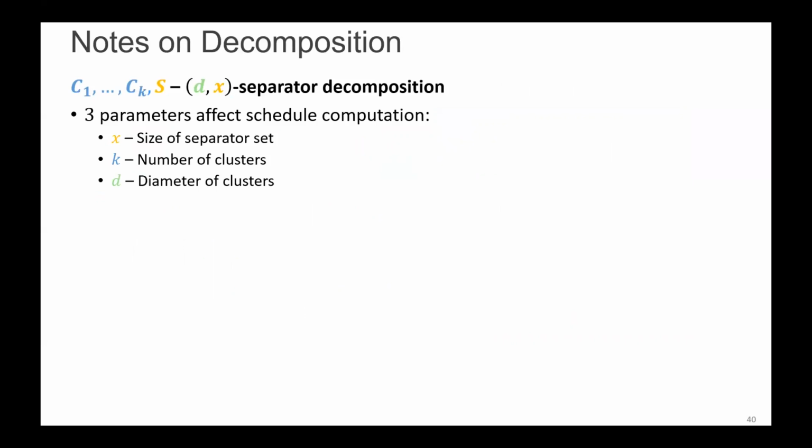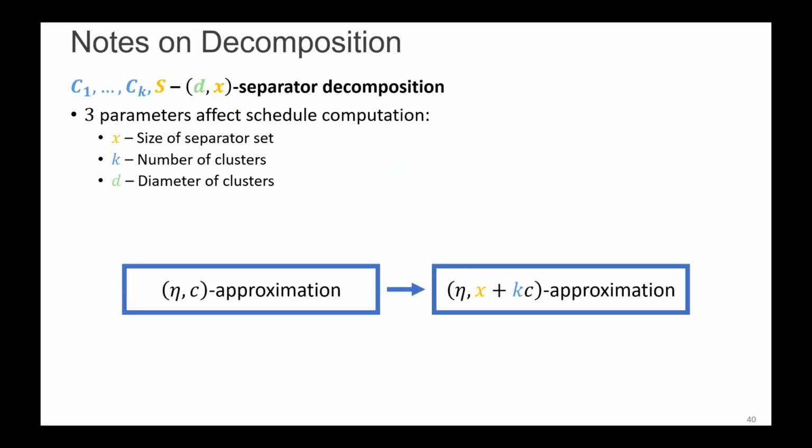Instead, let me now just emphasize that this small separator decomposition comes with three important parameters that affect our runtime, on how long it takes us to compute the schedule, but also the quality of the schedule. So this x, the size of the separating set, goes into the quality of the schedule. How good of an approximation is it? The number of clusters goes into the quality of our approximation, and the diameter of the cluster goes into the